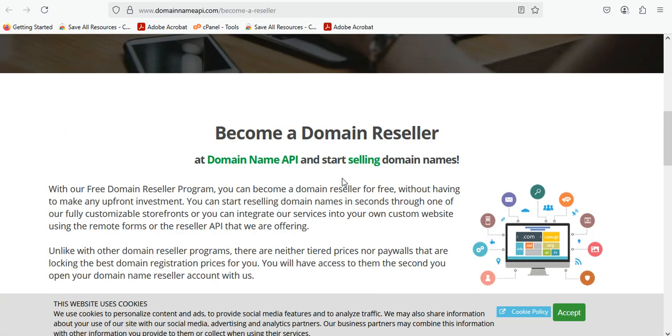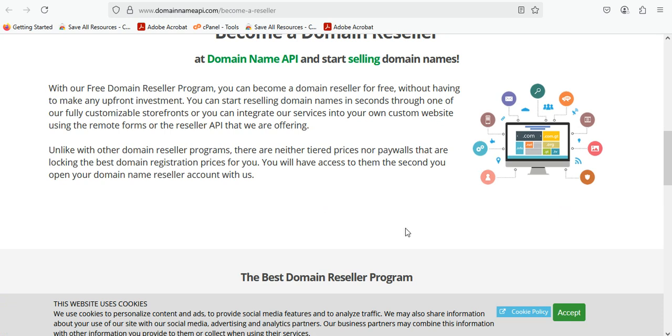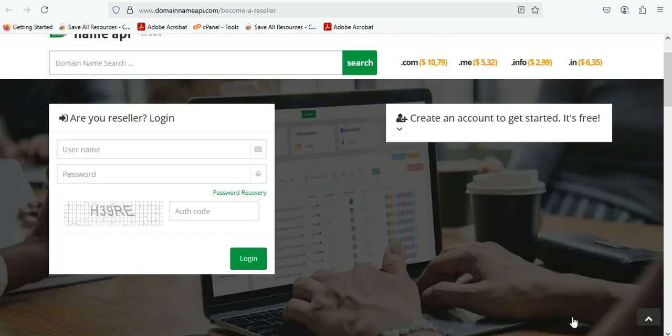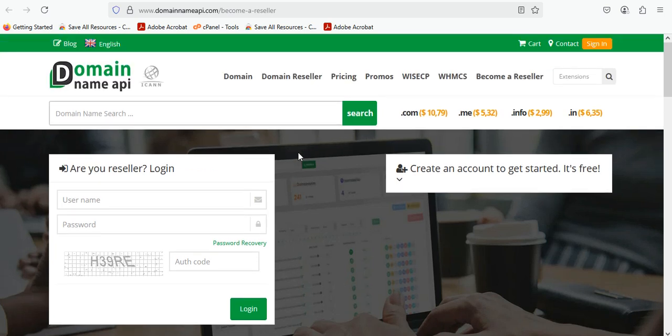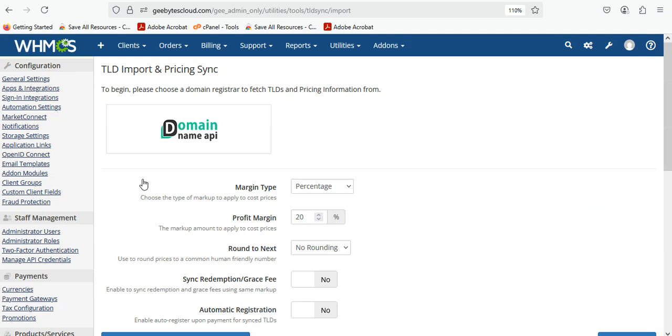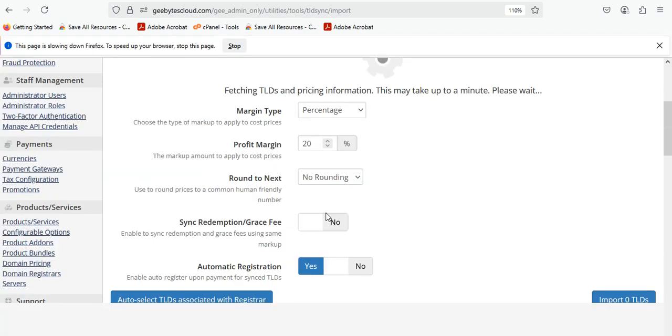Where is that sign up button? As you accept, you have to sign up. This is already domain reseller, or you become a reseller. Okay, you become a reseller, then become a reseller. Now you sign up. Then once that is done, like here now, what you have to do is fill in all this information, fetching TLDs